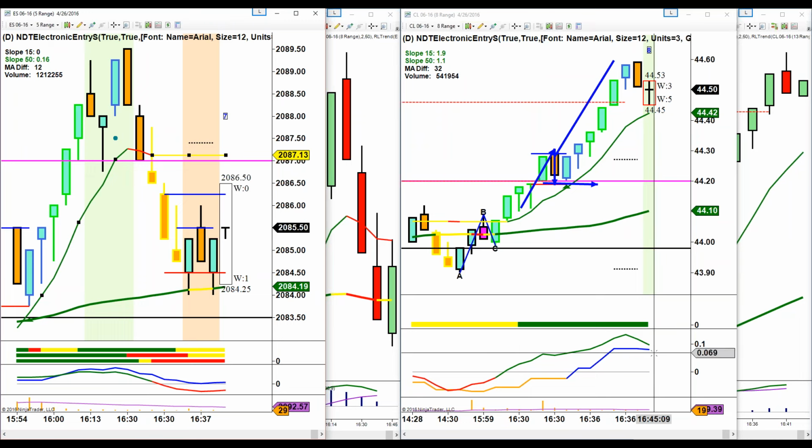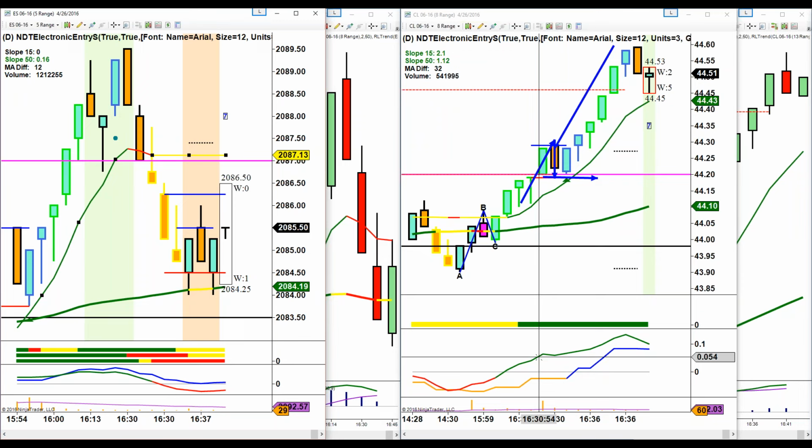Now, we have become very reliant on market structure, multi-time frame analysis, correlative markets, and we've really become nihilists when it comes to using additional associated indicators. We already determined that the stochastic indicator is useless. And what we've done, and what I wanted to do here at the bottom of the chart on these two